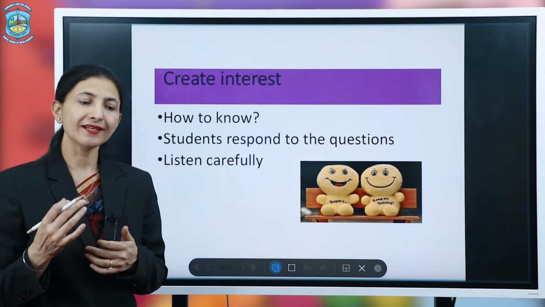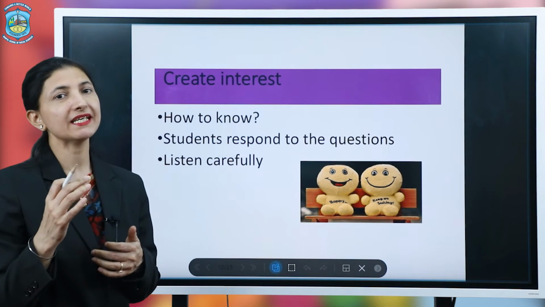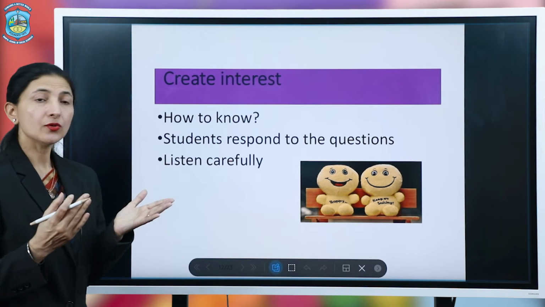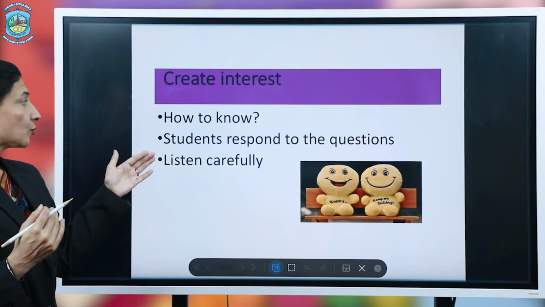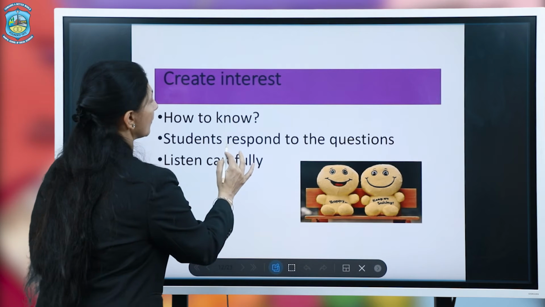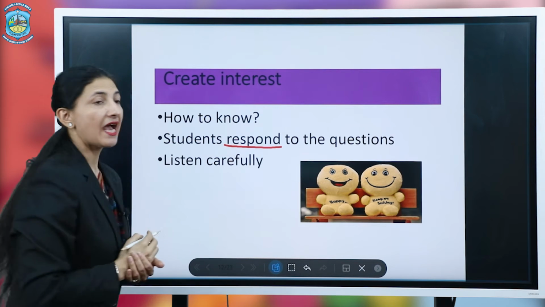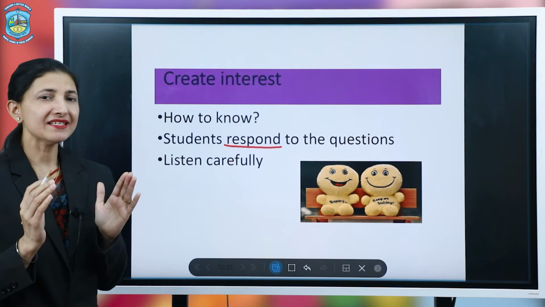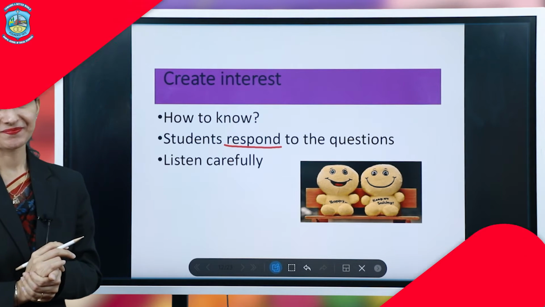Now, how do we know that interest has been created among the students? We can know this when students respond to the questions happily and they listen carefully to the teacher.